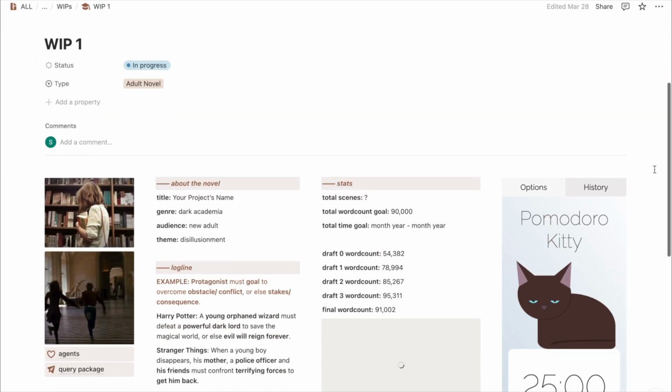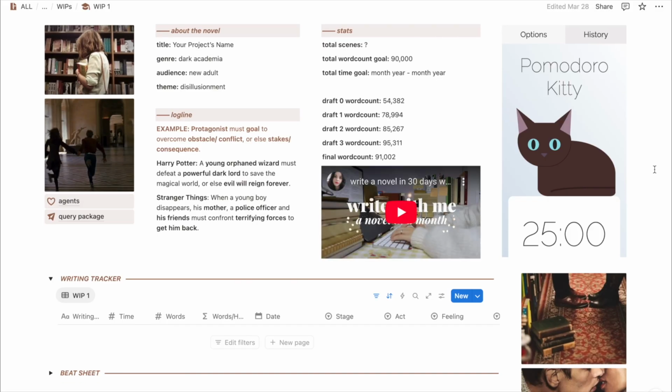Okay, and let's scroll down. So we're going to start here on the second column where it says about the novel, and this section only has basic information: the title of your novel, the genre, the audience, and the theme. Then underneath it we have the logline, and here I give you an example of a logline structure, but of course you can choose your own and create your own. This is just something to help. And the logline example is: protagonist must goal to overcome obstacle/conflict, or else